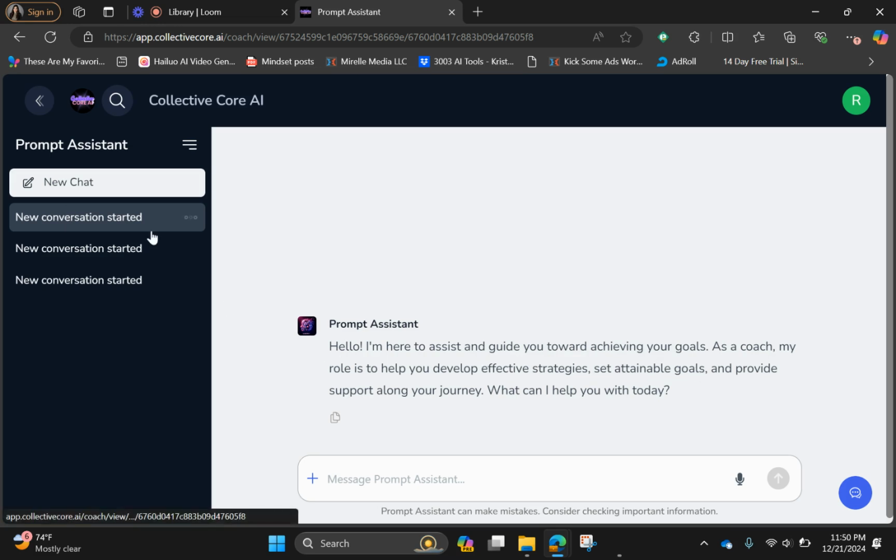So I have to fix it in the back end. But it's supposed to help you build a prompt for an image that you want to generate, for art that you want to generate, for an app that you may want to generate.